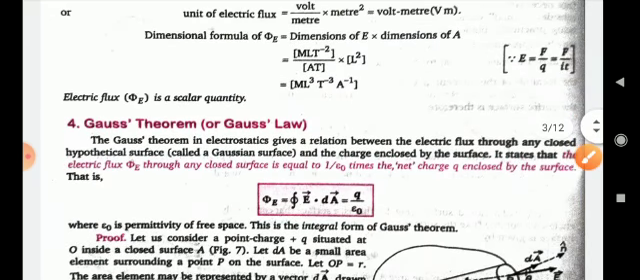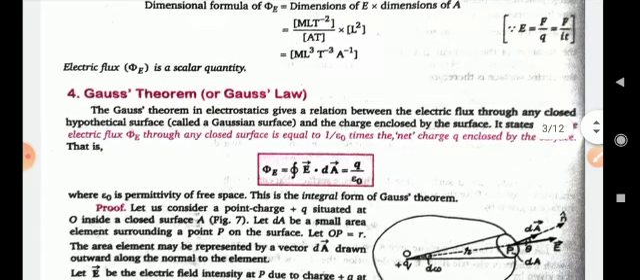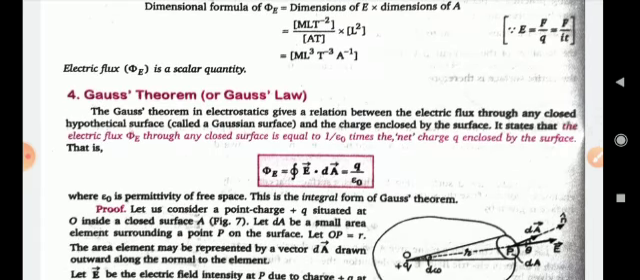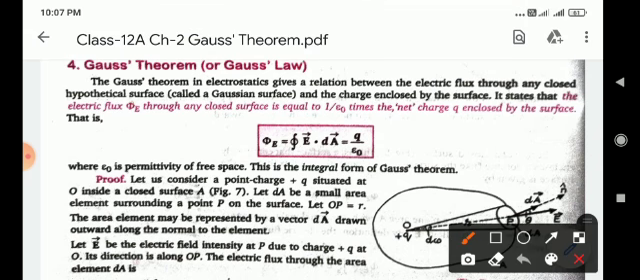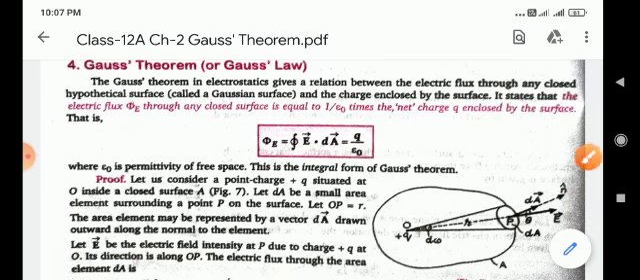So the Gauss theorem in electrostatics gives a relation between the electric flux through any closed hypothetical surface, called a Gaussian surface, and the charge enclosed by the surface. It states that the electric flux phi through any closed surface is equal to 1 upon epsilon naught times the net charge Q enclosed by the surface. That is the formula: phi equals the closed line integral of E vector dot dA vector, equal to Q upon epsilon naught. Children,